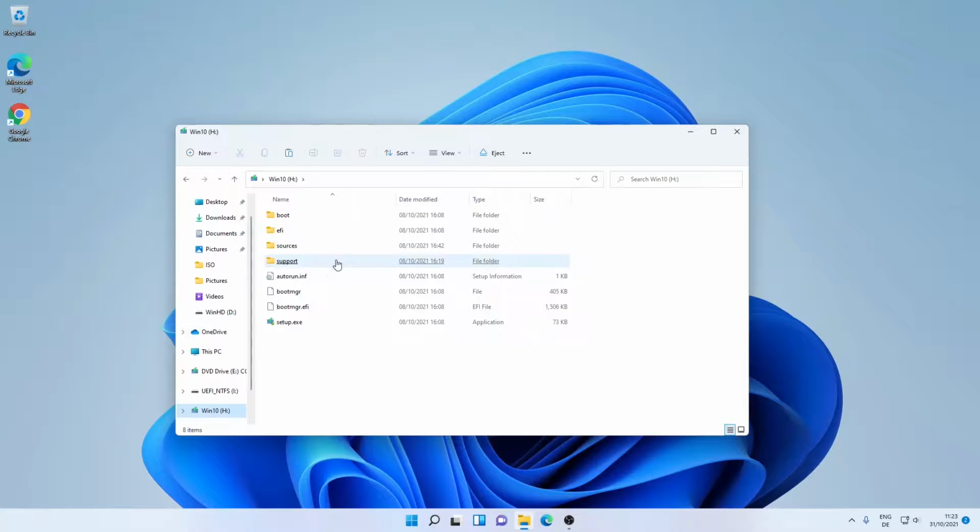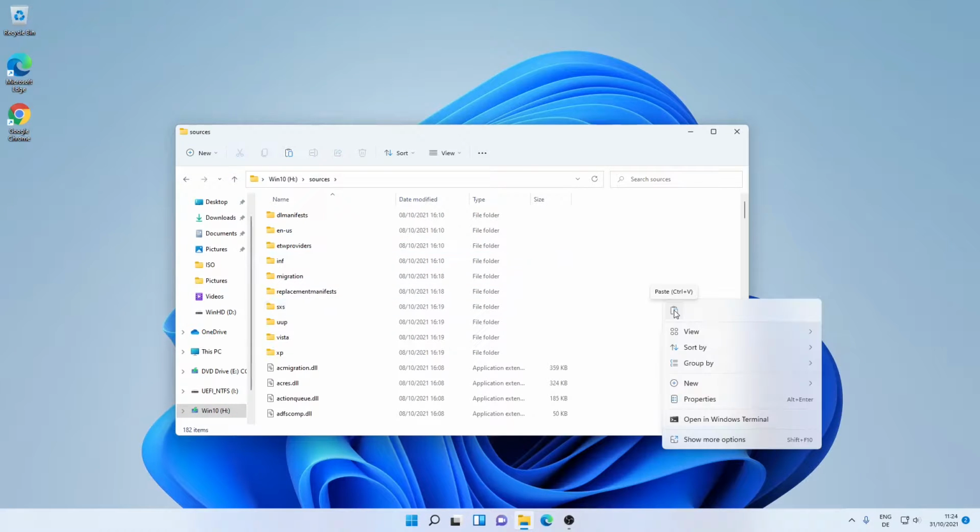Inside this pen drive we have to go to the sources folder. Inside this folder we just have to paste the install.wim file. I will not paste it since I have done this already. So it's a big file, it may take some time. So after the copying finishes, you can use the USB bootable pen drive to install